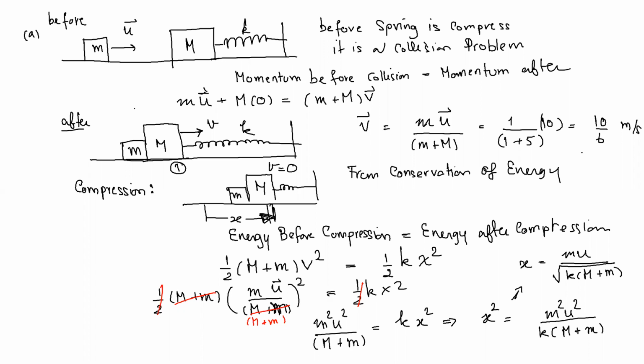So we have 1/2 total mass times v squared equal to 1/2 k x squared. If we plug in the velocity, which is small m times u over M plus m, or just plug in the numbers, 10/6 squared, you will end up with